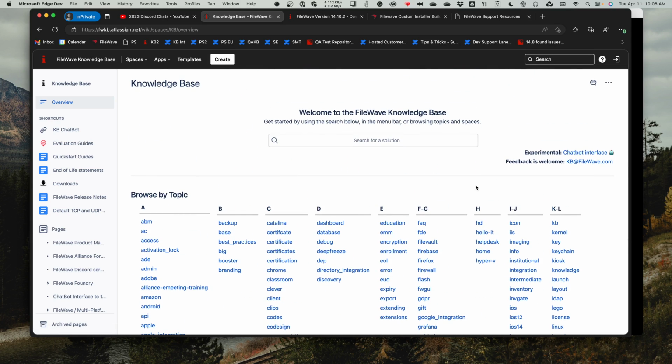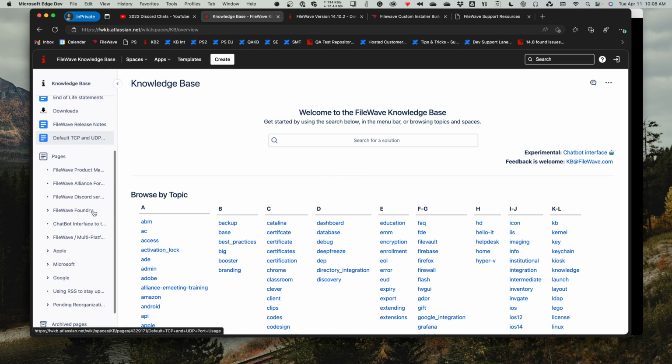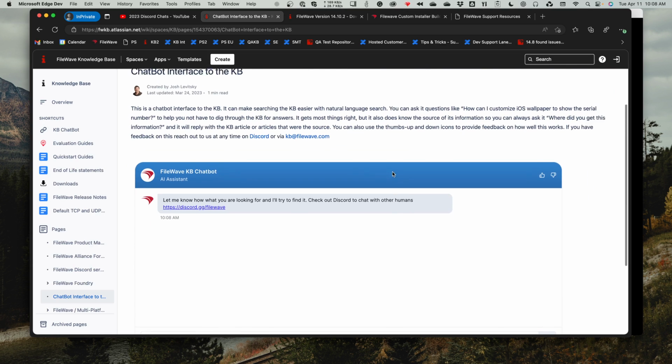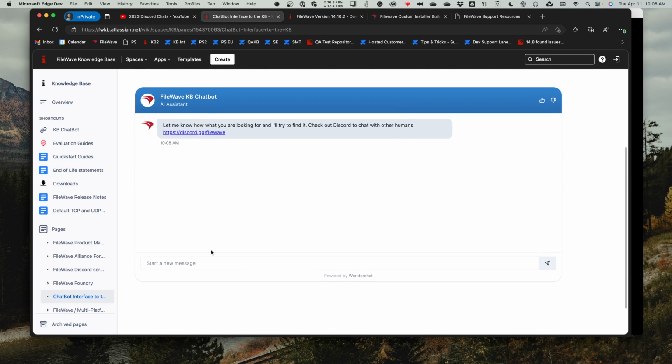As well, when you're using the KB, we realized 2 years ago that the KB had just a lot of stuff. We did a lot of work to organize things, so there's this navigation over here that can make it easier to drill down and find things. But we've also been experimenting, like everybody else, with using AI. There's this chatbot interface, and you might experiment with this. I'll say we're making it clear it's sort of an experiment, but it can actually make it pretty easy, like,